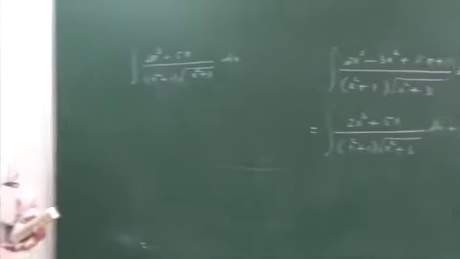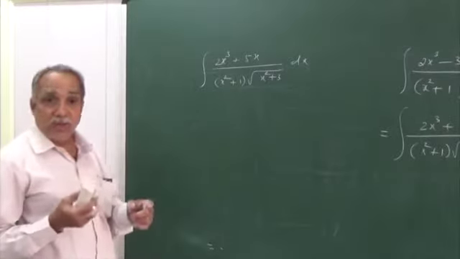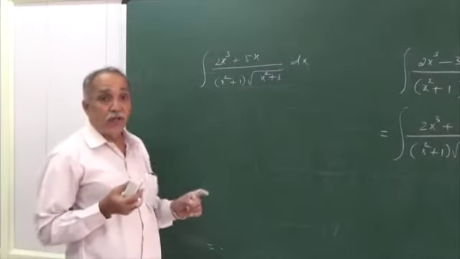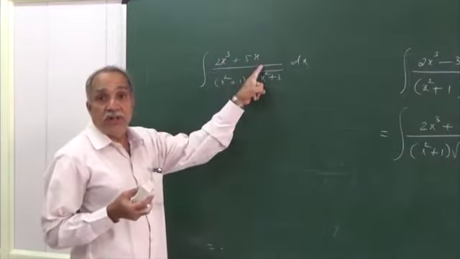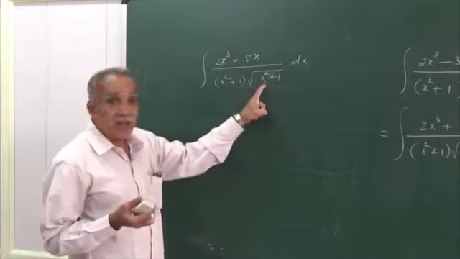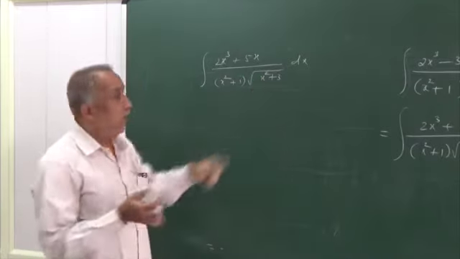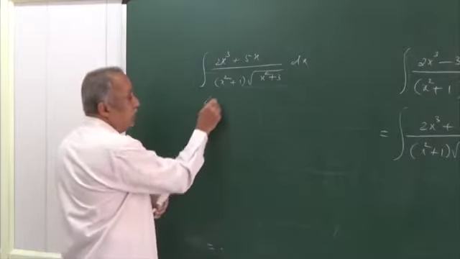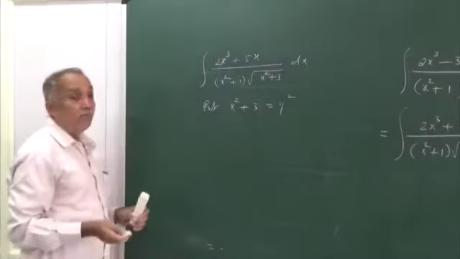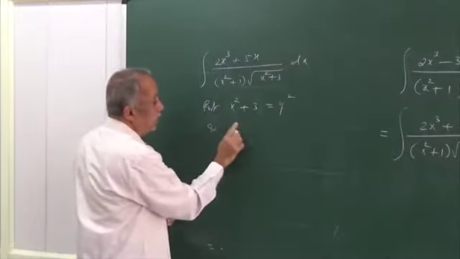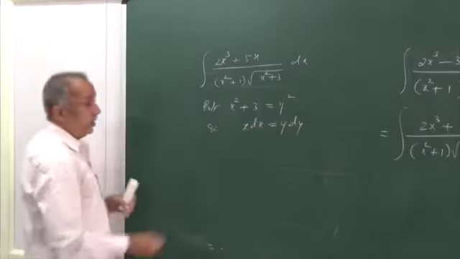The method I am going to apply now will be substitution. Substitution that will take care of two things: one, the presence of odd powers in the numerator, and also simultaneously the irrationality of one of the factors in the denominator. I will go for the substitution x² + 3 = y². As a result, the integral becomes